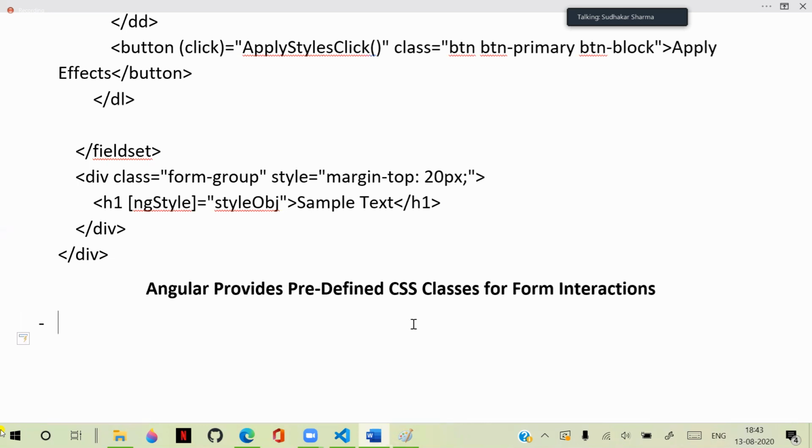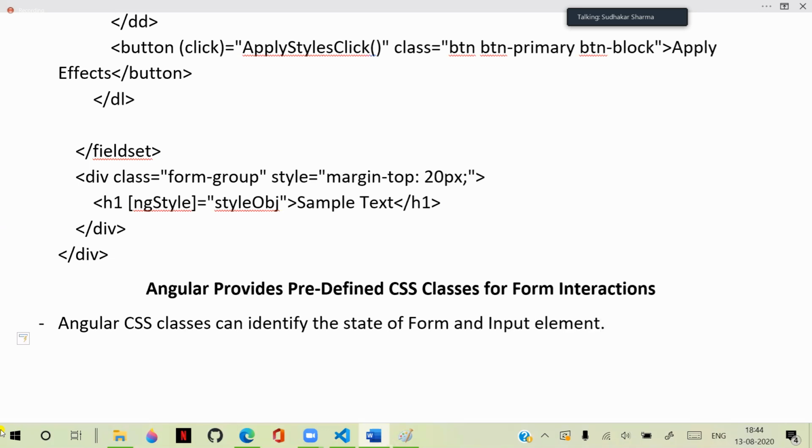What these Angular CSS classes can do is identify the state of the form and input element, and apply effects